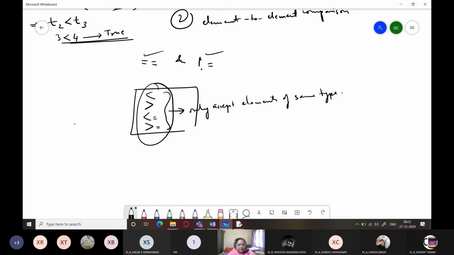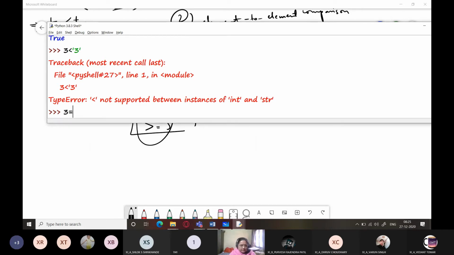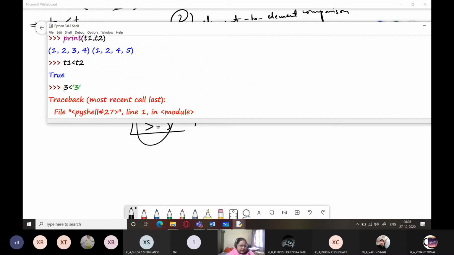Suppose I do this, 3 less than '3'. It is not supported, but if I write 3 not equal to '3', this is supported. You can see that this 3 is an integer, and this '3' is a string, because it is enclosed within single quotes.